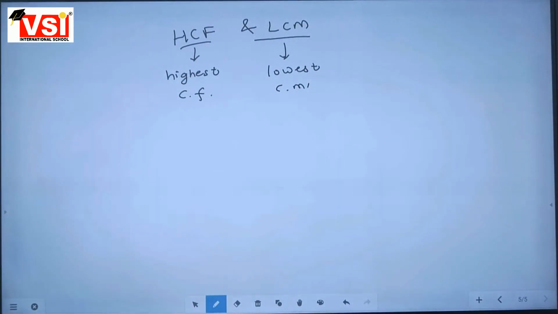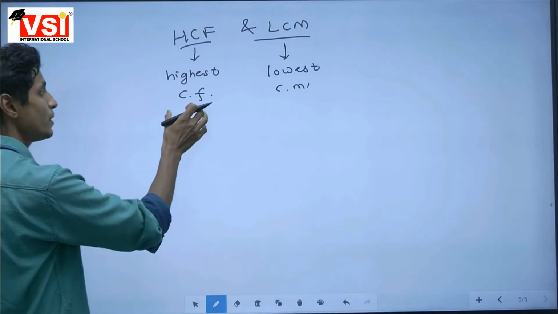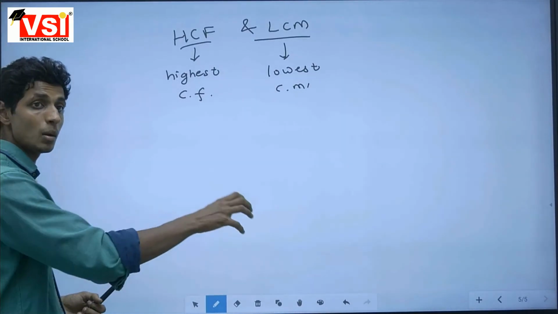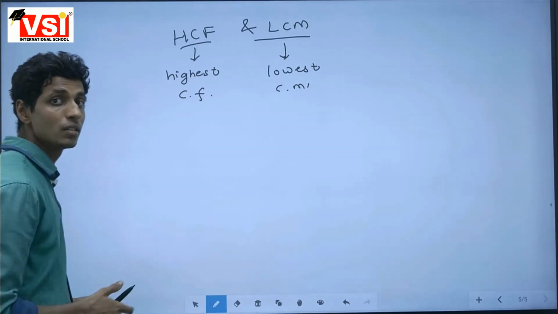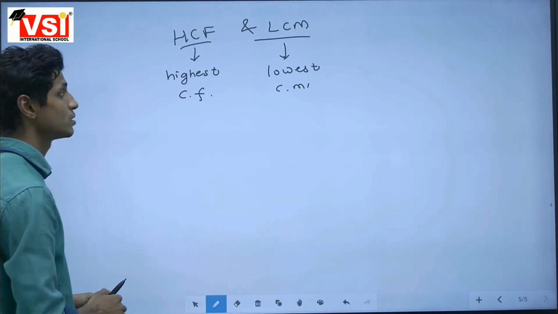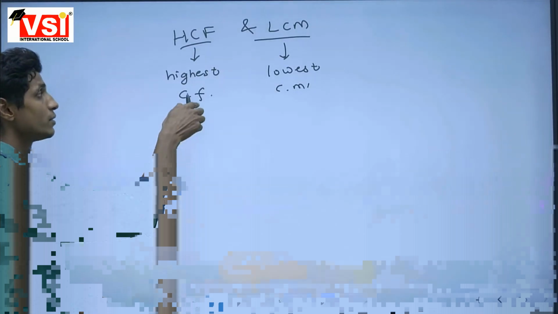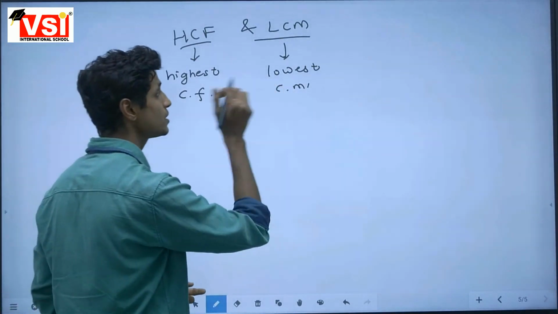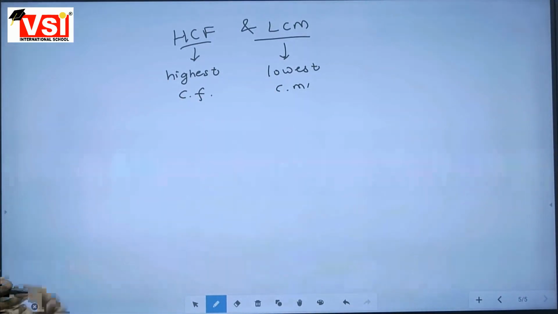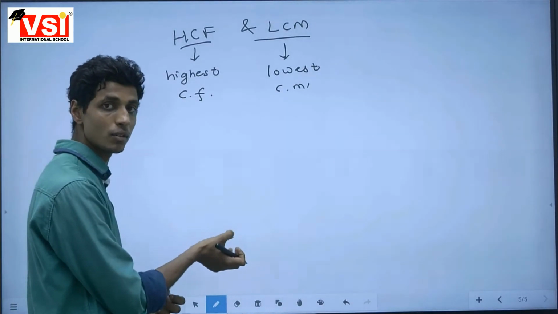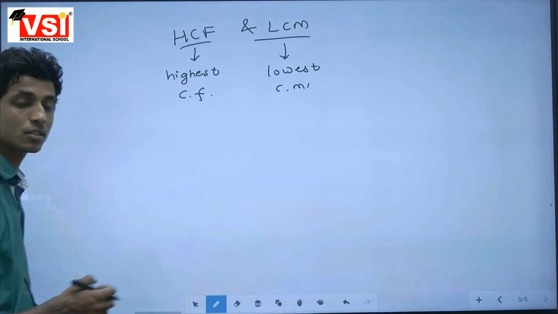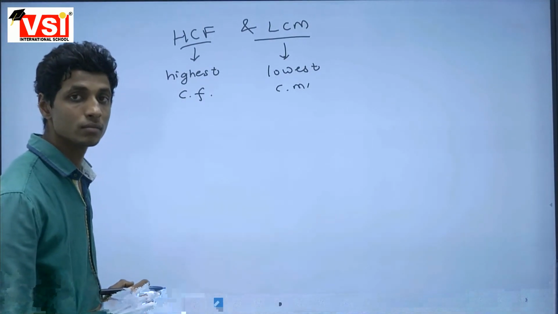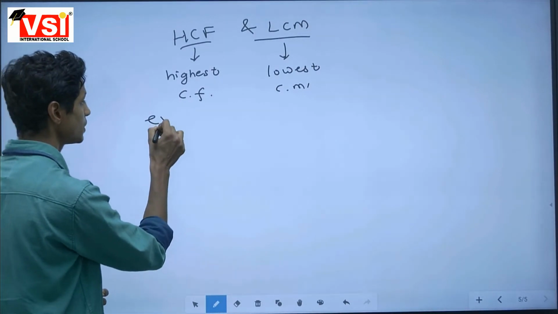That's all. So what we have to do is find the common factors of any given group of numbers and pick the highest one among the listed common factors. Pick the highest number, and that will be the HCF of that group. And for LCM, how to find it? Just find the common multiple series and pick the lowest one, the first one of that list of common multiples. That will be the LCM of that group. Just as simple as that.